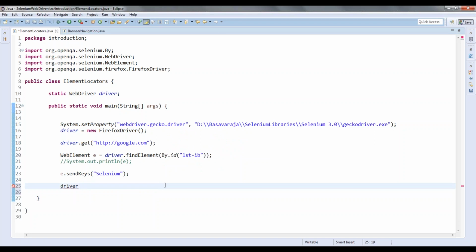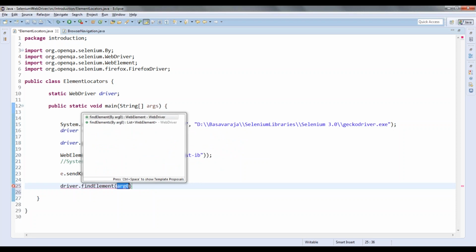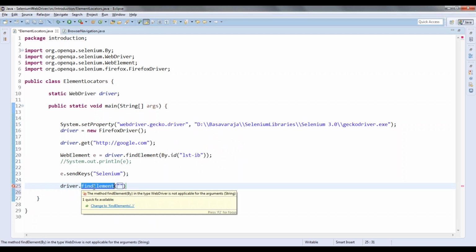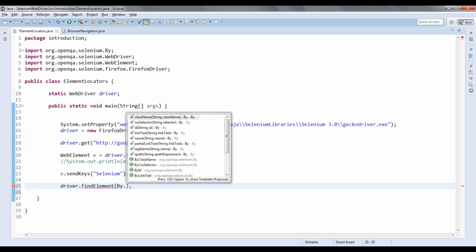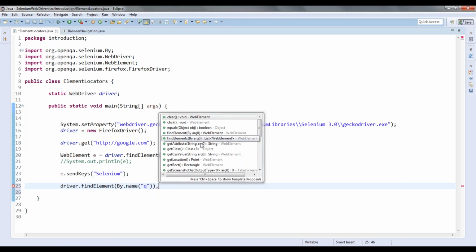How exactly is it? Driver is one object, and when I put dot, I get all the methods of driver, and if this method is returning some object, then I can directly use dot to get that object's methods. So By dot name is returning the object, that is the input field. I will use a dot, and then I will get all the operations which need to be performed on that element.